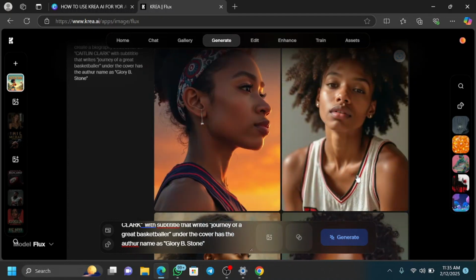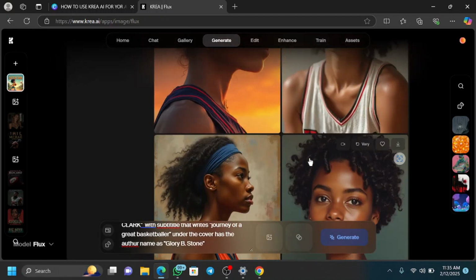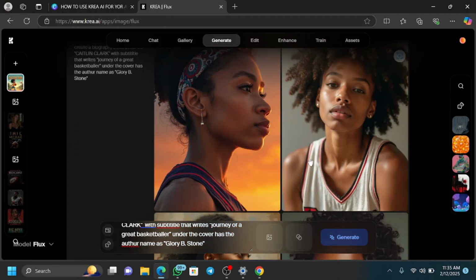Alright, now it's done. This is what you will notice with KREA AI. Unlike Ideogram, which will give you something that looks like Caitlin Clark, because Ideogram reads the minds of the internet and knows how a particular person looks, even if it doesn't give you the actual look. But anybody that knows Caitlin Clark knows that this is not her, so it doesn't give you a clear image of that person. So that's why I said I don't use KREA AI for my adult books,